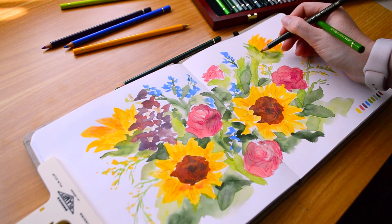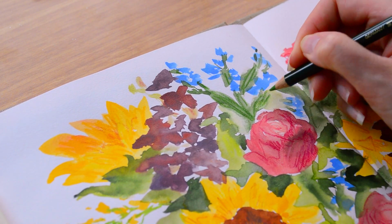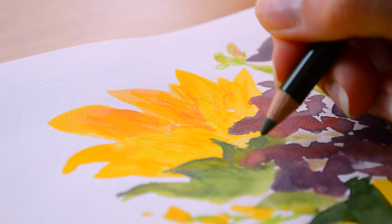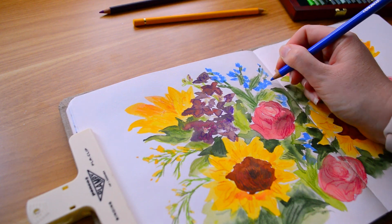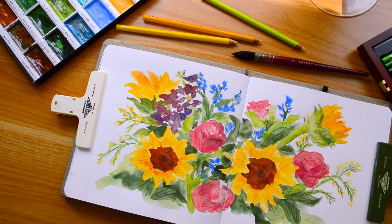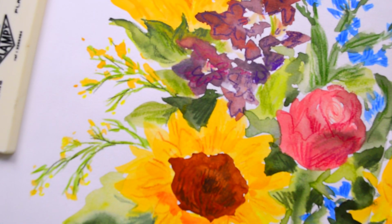So it worked really well here, and I could just add on top of my watercolour layers really beautifully, and they're a little bit harder, so I find they keep the crisper lines better. So I'm just adding on top with a few more details, but otherwise this one is done. So I'm really happy with how this one turned out. I really love the colours, it feels very fresh. I really tried to keep the yellow from getting muddy, and I'm really happy with the joyfulness that comes through